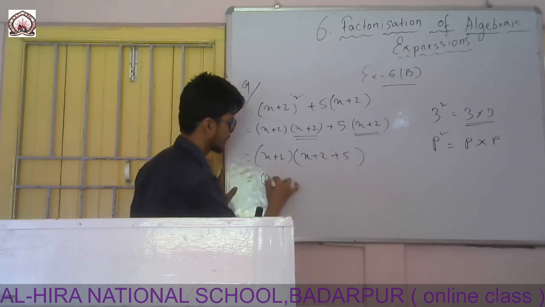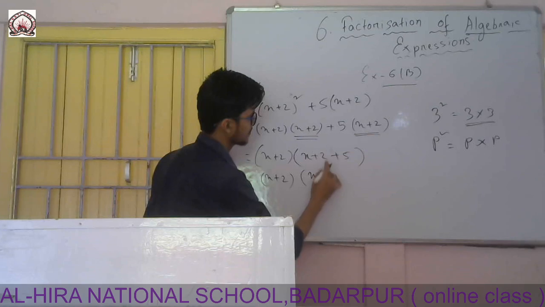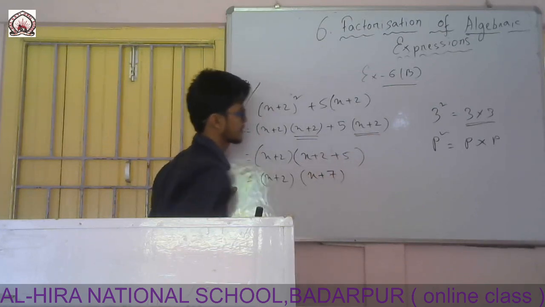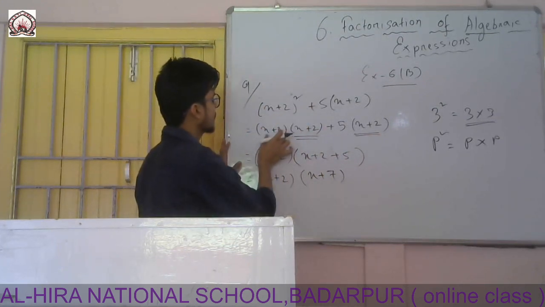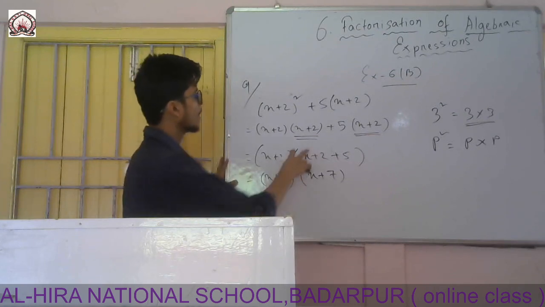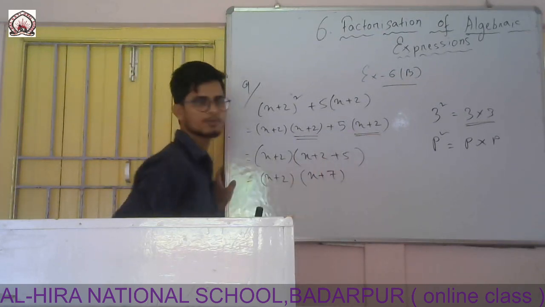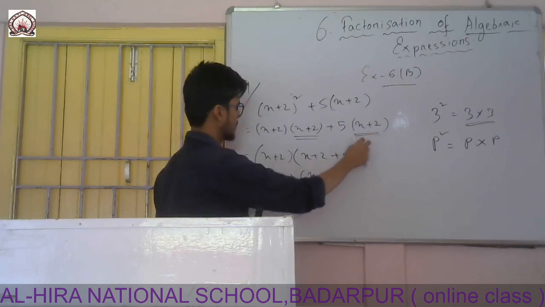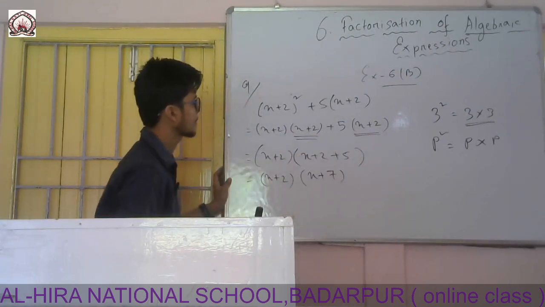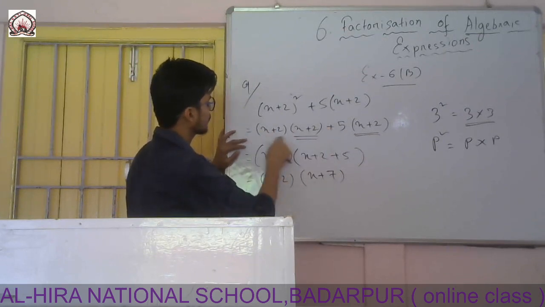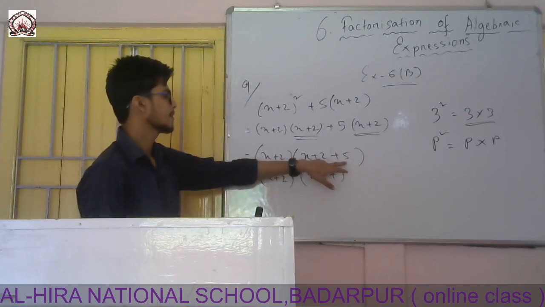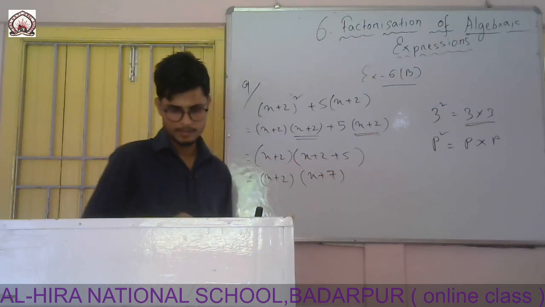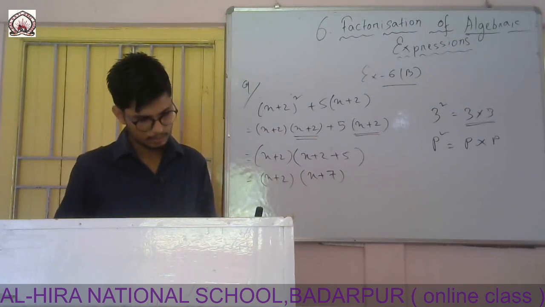So now I have to solve this part, x plus 2 and x plus 2 plus 5, which is x plus 7. First of all, I have split x plus 2 square, I have written x plus 2 into x plus 2 two times. Now I have taken out x plus 2, which is common in both cases. So after taking this out, only x plus 2 is left and plus 5 is left. So I have to write this in a single bracket. And now I did 5 plus 2 is 7. Okay. So now question number 10 is also the same as question number 9. Question number 11. Okay.